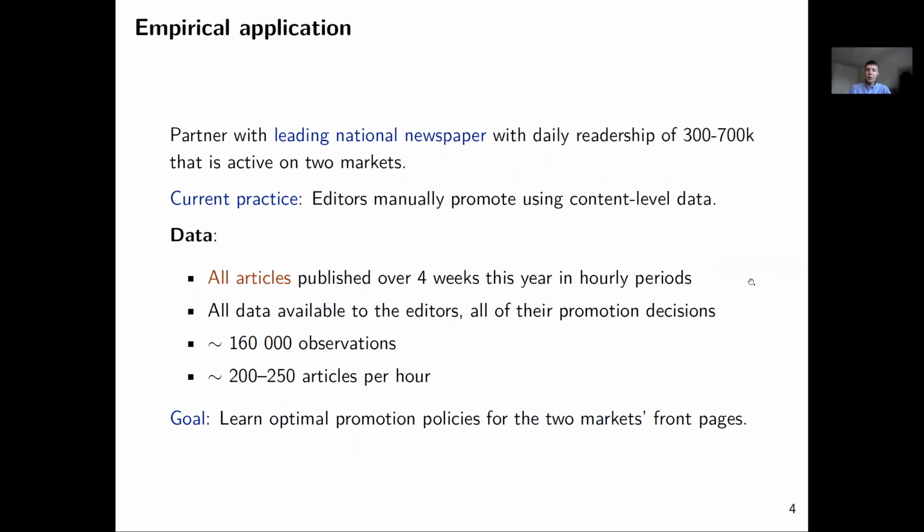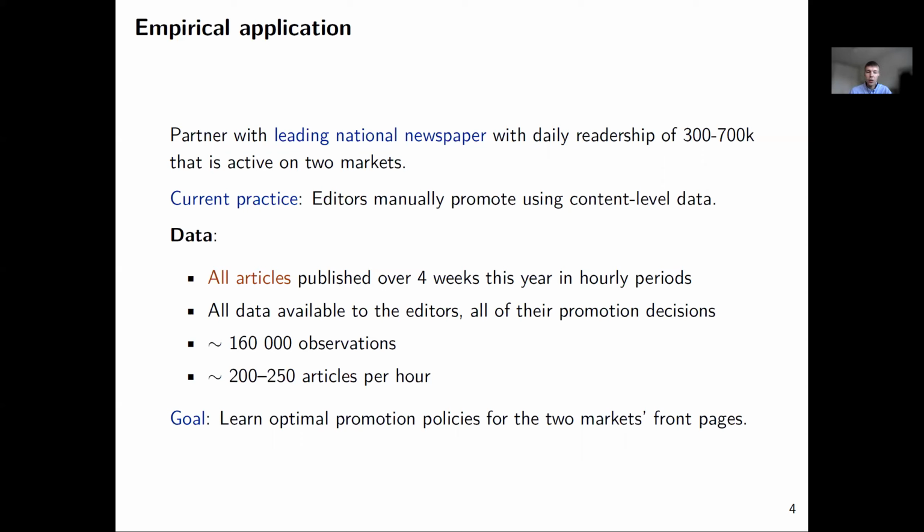So for our empirical application, we are partnering with a leading national newspaper that has a daily readership of about 500,000 people, and it's active on 2 different markets, for which it has 2 different front pages with different content. And the current practice there is for the editors to, given some data about user engagement, choose which content to promote. We have access to data from this system, and we have data on 4 weeks at an hourly level, covering all articles published during that time.